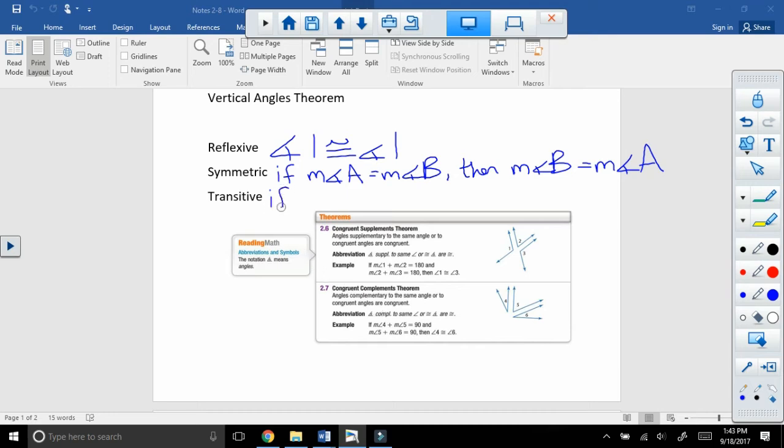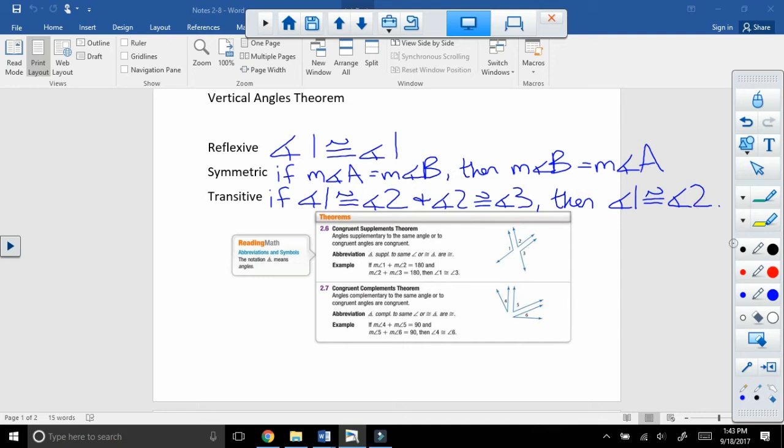And then the last one, the transitive property, this is when you have one thing congruent or equal to a second thing. So angle 1 is congruent to angle 2, and you know angle 2 is congruent to angle 3. Well, what the transitive property says that you can do is you can say that angle 1 is congruent to